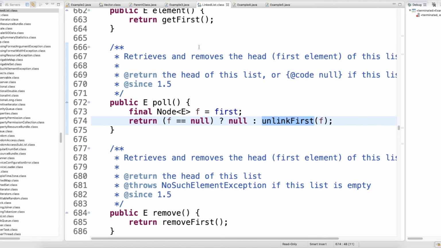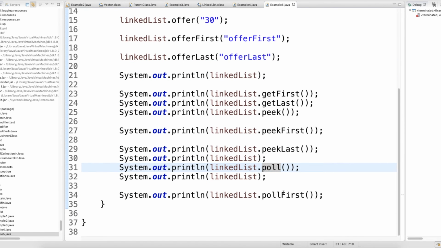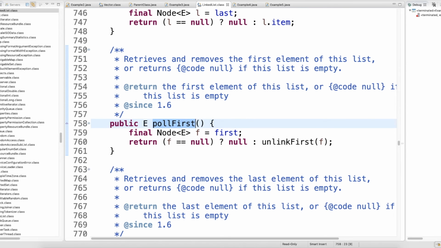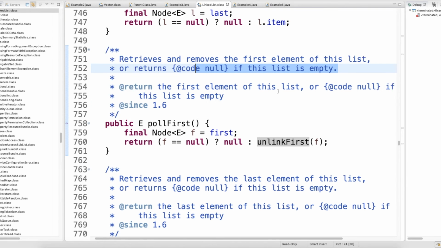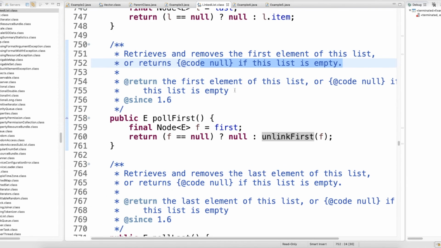Unlink first here also. And in case of poll first, see, unlink first, retrieve and remove the first element of the list or return null if the list is empty.